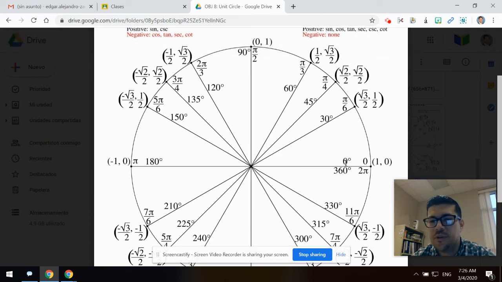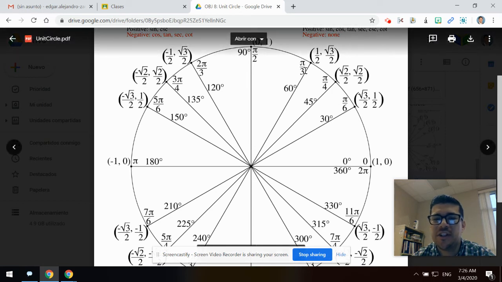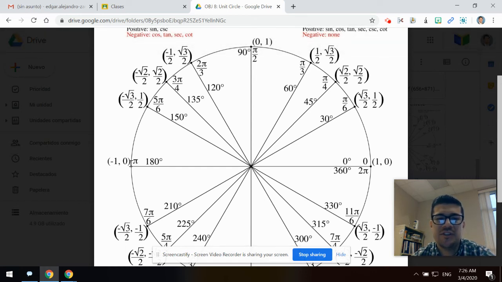0 is just 0, but we go to 30 degrees and we get 1/6 of a pi, pi over 6. 60 degrees is 2 pi over 6, which reduces to 1 pi over 3. 90 degrees is 3 pi over 6, which reduces to 1 pi over 2. 2 pi over 3 is the next one, that would be 4 pi over 6, but reduced. Then there's 5 pi over 6 at 150, 6 pi over 6 at 180, which is reduced, 7 pi over 6 at 210,